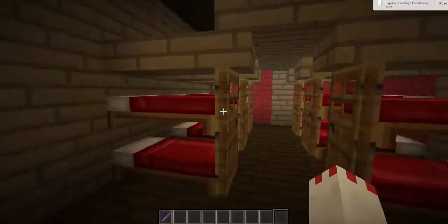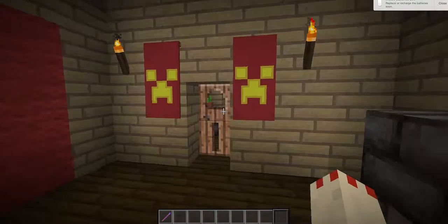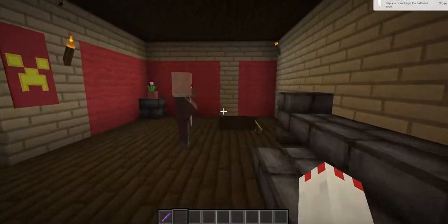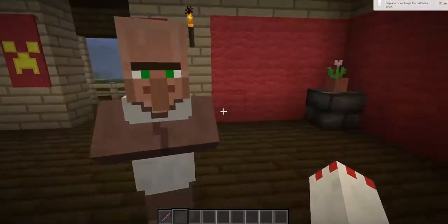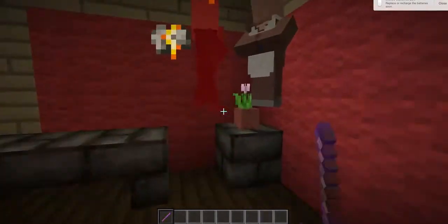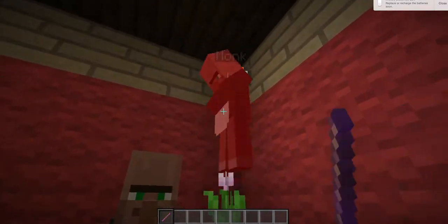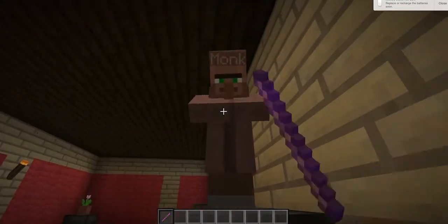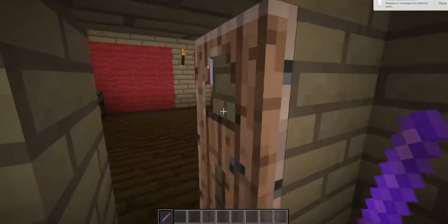Stupid monks screwing up the bunk beds again. Which one of you touched the bunk beds? Is it you? Not today. I hate you so much. Okay, now that you're looking at me funny? Okay, anyway,